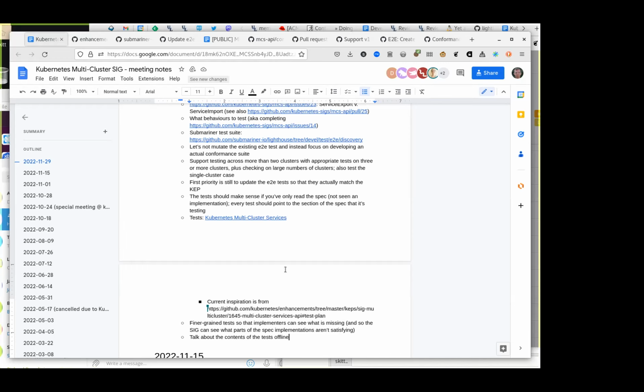I don't know that we need a huge amount of detail, but just that list so we can make sure it's comprehensive, and then we can go write them. And I expect that the setup part is going to be in line with a lot of stuff we've already written, so hopefully it's not a lot of extra work. Then it's really just all the cases, checking to make sure the records are correct, that the endpoint slices exist with the right IPs, that kind of thing. Agree.